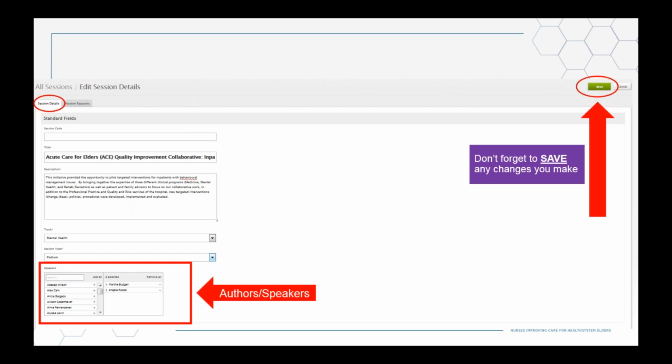So if the author name is not in the system, contact me, Eugenia, and I'll send you the necessary paperwork to be filled out to add that author into the system. The paperwork will be sent to you through this portal, and you'll be able to download it, complete it, and upload it back into your account. And once that action has been completed, the requested author will be added to the system and assigned to the abstract in question.